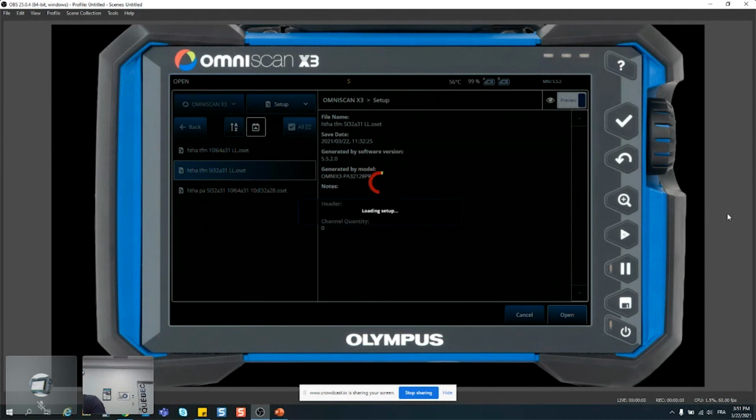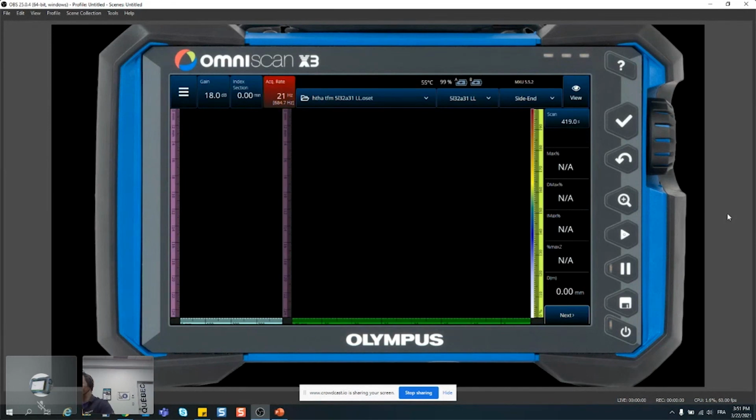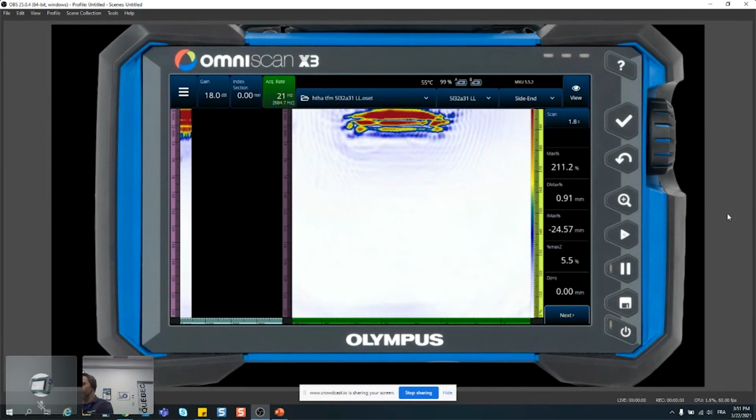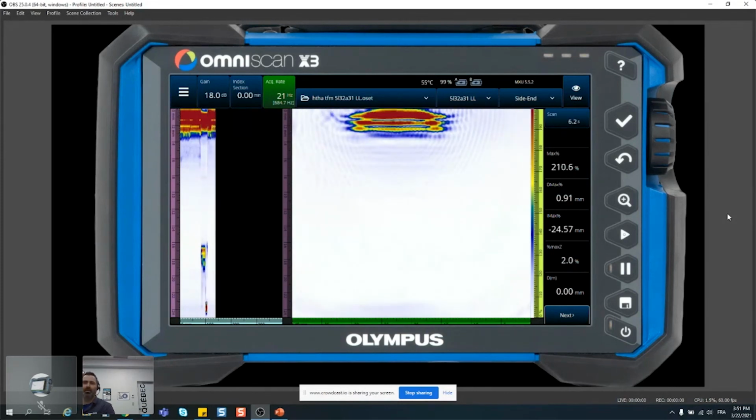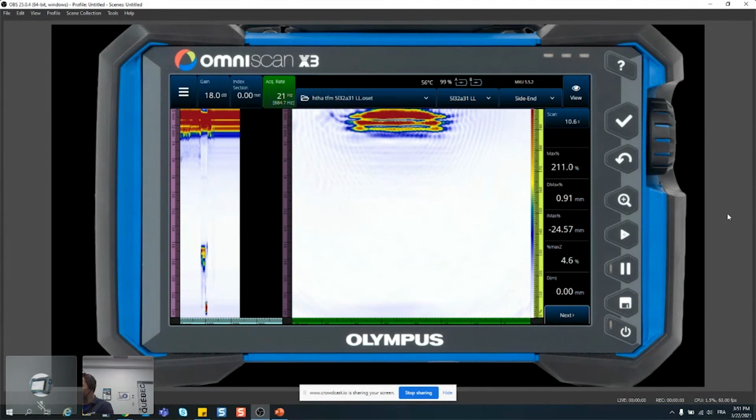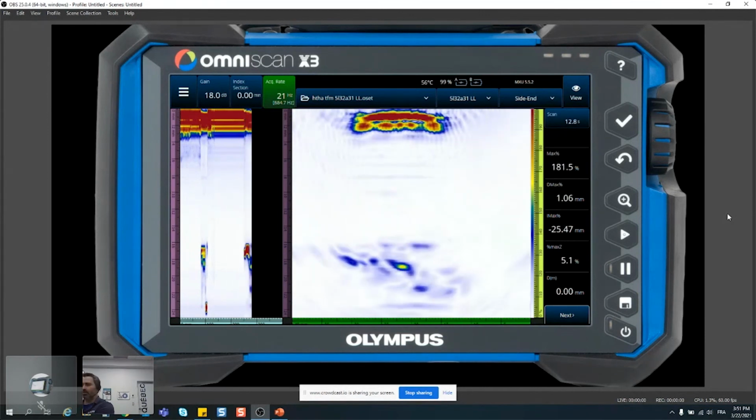Well, simply because the 5 megahertz 32 element is our go-around common probe for Weld Series probe that we use on a wide variety of applications. So you are likely to find it at your place as well.